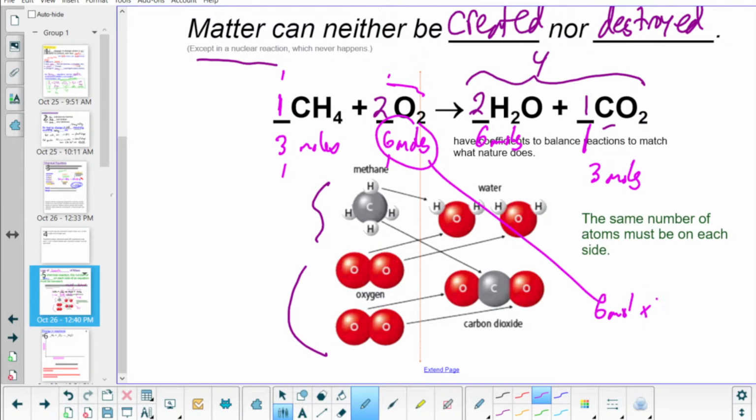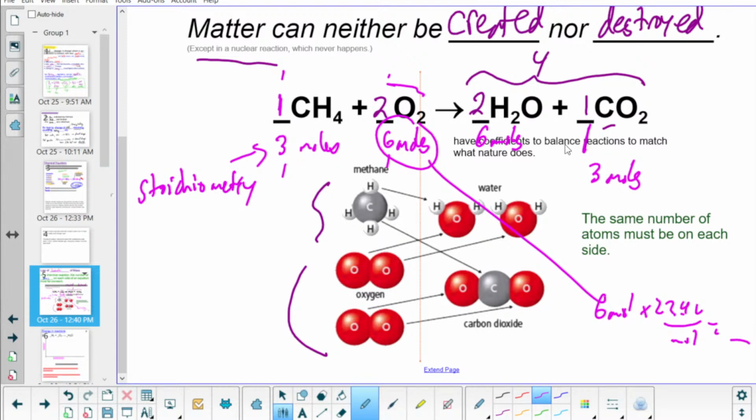And now I can say, oh, wait, I measure oxygen in liters of gas. 6 moles times 22.4 liters per mole. I can now calculate the number of liters that I'm going to need to do this reaction. And so now our moles are going to come in here. This area where we start putting numbers into it is known as stoichiometry. And it's where we get to do these reactions with all of these numbers and moles.